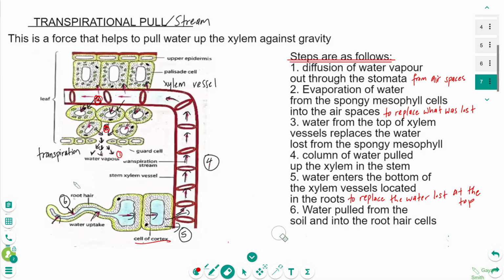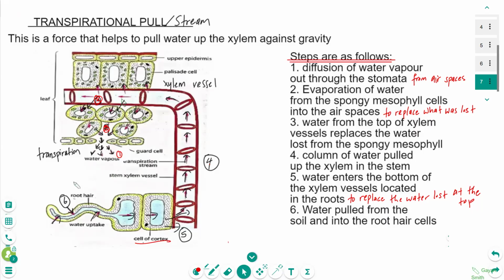Well, remember that if water molecules were lost, right? So for example, we had 100 molecules of water that went out, right? Then it means that these 100 molecules were in this space right here. And these 100 molecules that were in this space came out. So now 100 molecules of water need to go back into the space. So those molecules are going to come from the cells that are surrounding the space. So 100 water molecules that were in the cells are now going to have to come out and go into the space. And now the cells are short of 100 water molecules, so they're going to take those 100 molecules